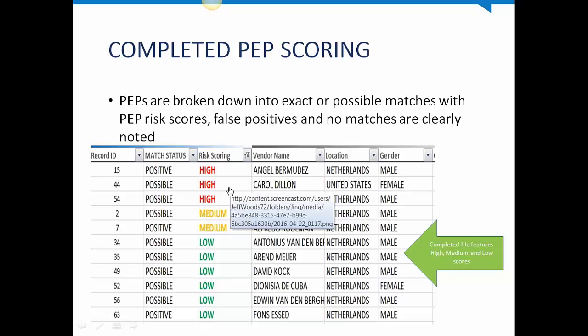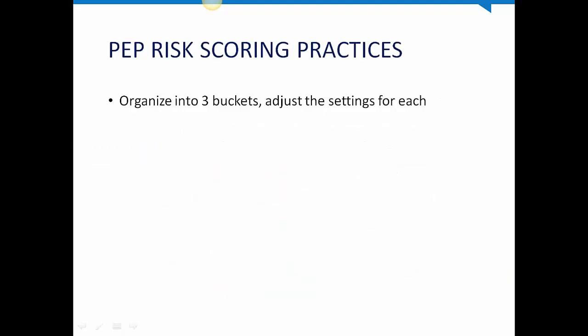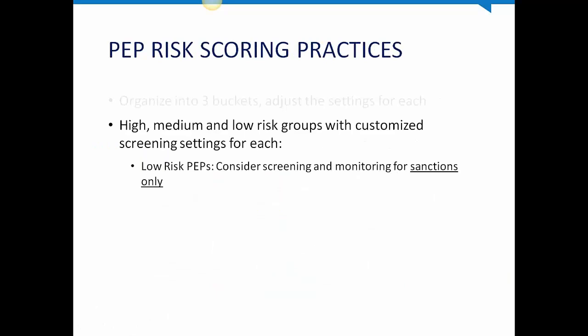So let's say you went through this exercise. You've done it in the past, or it's time to do it again, or maybe you've never done it, but you break your PEPs into highs, mediums, and lows. You identify them, and you risk score them. What would that allow you to do? So, for instance, you could then start breaking them out into buckets, right? So you've got the ones that you know are low-risk PEPs, which are going to be the preponderance of your PEP population most likely. Then for those, maybe you're looking for sanctions only,